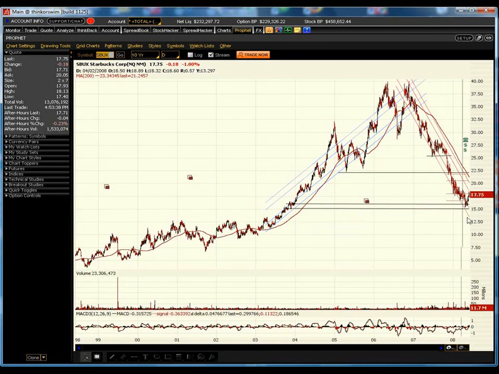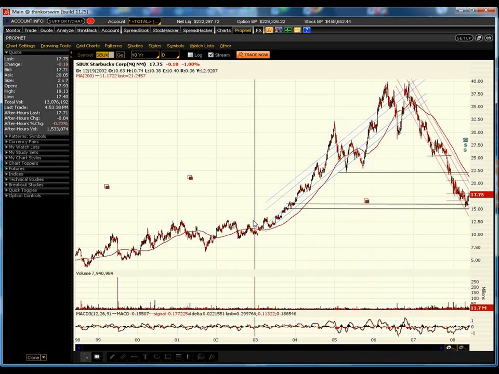There may be some institutional support coming back into the stock, looking to purchase it at a significantly lower price level than it was up here. And maybe they'll take it for another run back up to 40 or even higher. Who knows? But at one time, if we go back to 2003, the reason that mutual